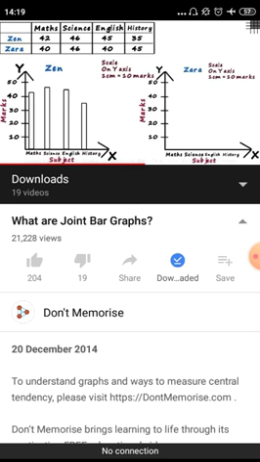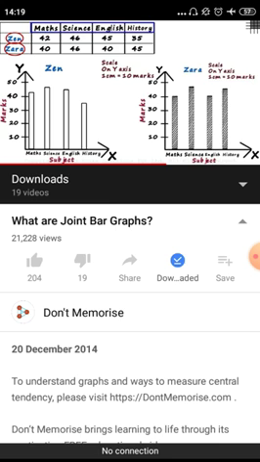Let's draw shaded bars. Zara has scored 40 marks in mathematics. We draw a bar up to the height of 40. She has scored a 46 in science, 40 in English, and 45 in history. We are done. Now we have the bar graphs to represent the performance of Zen and Zara in 4 subjects.